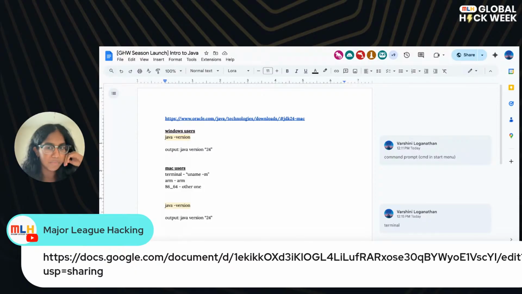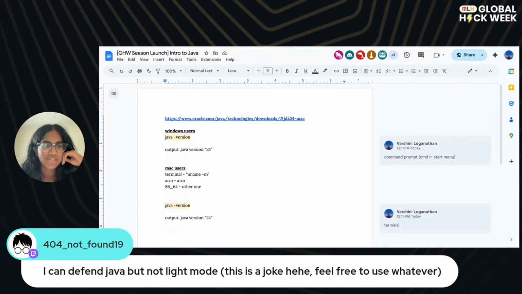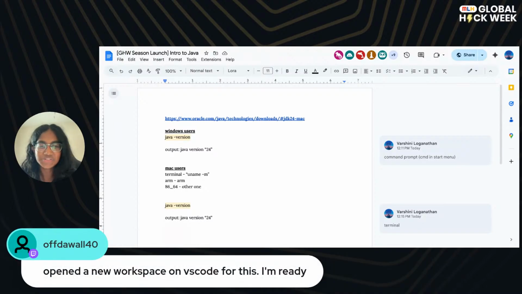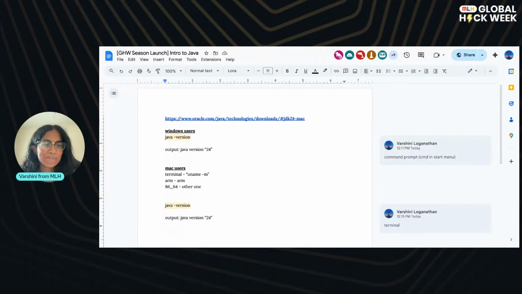So we will run into that problem when we run into it. Defend Java, but not like, okay, look. I genuinely promise I use dark mode. My computer is on dark mode. I can't defend light mode either. It's just for visibility purposes, but I swear it's changed to dark mode. Y'all are crazy. Ooh, okay. I'm glad to see the excitement. Oh, yippee. Okay. So my face is back.